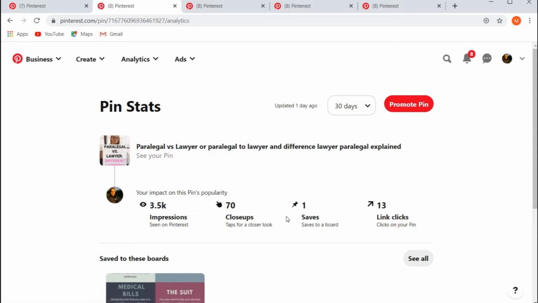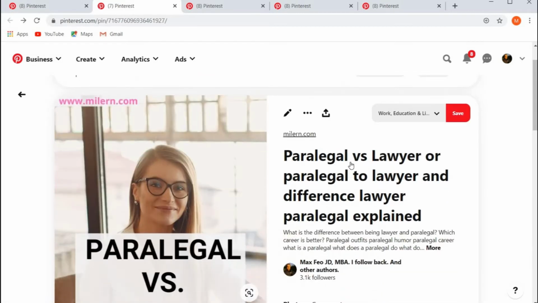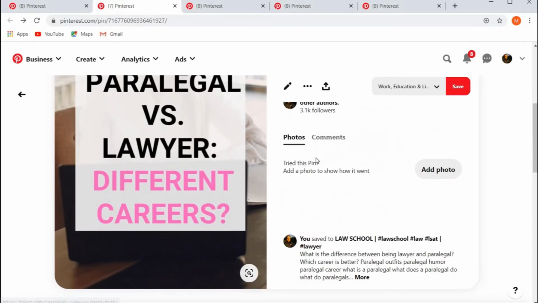And I'm positive I will get more saves, because I got more saves from all the uglier pins, and this pin is prettier. As I get more saves every month, there will be more and more clicks every month, because people will be clicking not only from visiting my account and seeing this pin. People will also click when they visit other users, if those users saved my pin. So you know what I mean, it's like a snowball. The pin by itself is more or less not super, but it's all right.